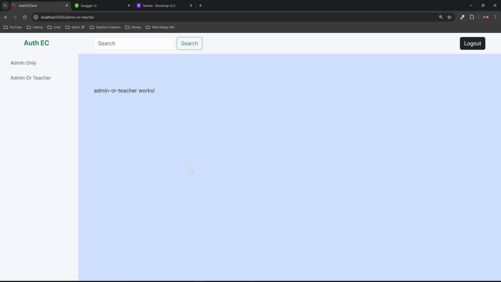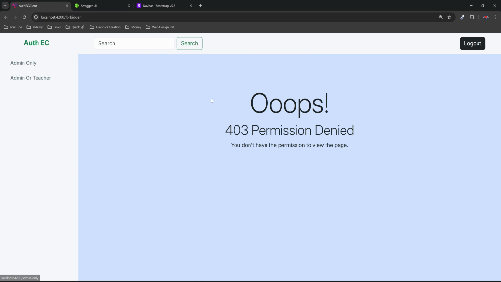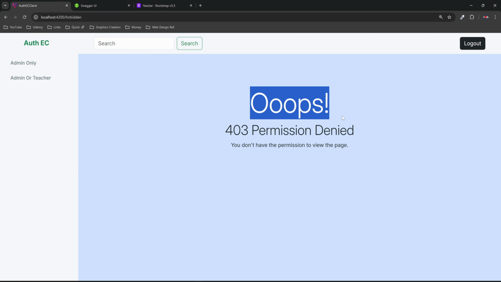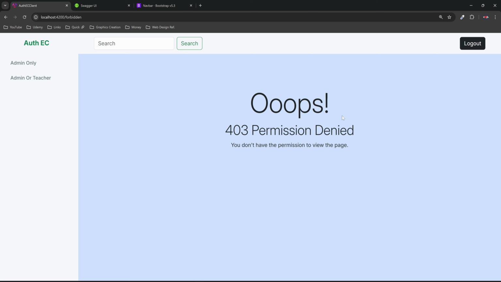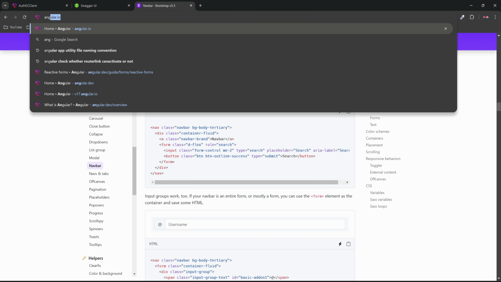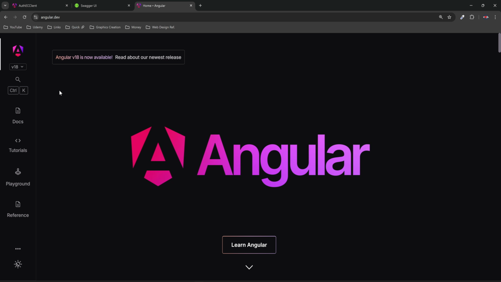See? Now let's move on with the next possible restriction based on the user claims. Normally, if a route is not accessible for the currently logged in user, we hide the nav link or any navigation leading to the particular route, like this admin only. For this teacher user, this route or the corresponding component is not accessible. So why don't we hide this nav link? Now to do that, we are going to make use of Angular directives. You could see the official